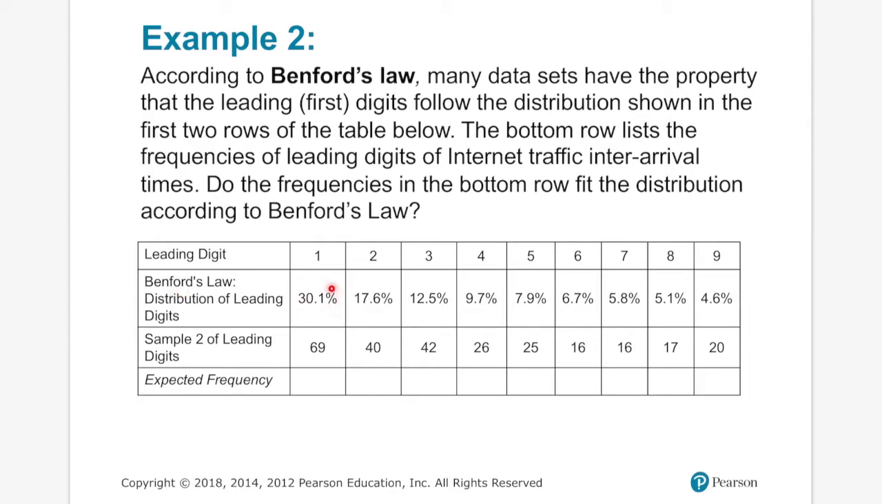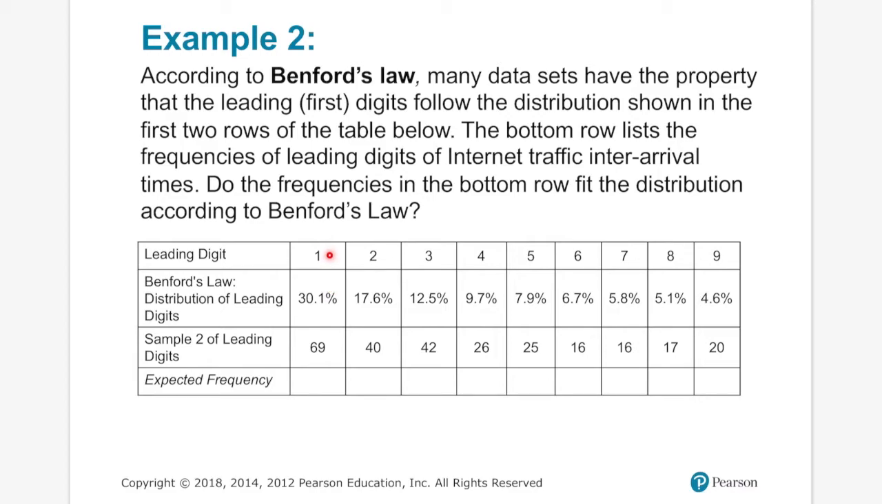Benford's law says that 30.1% of the population will have the first digit of 1. 17.6% of the whole population will have the first digit of 2. 9.7% of the whole population will have the first digit of 4, and so on. The third row is my sample. I have 69 numbers that have the first digit of 1. 40 numbers have the first digit of 2. 16 numbers have the first digit of 6. The question asks if this sample is from a population that fits Benford's law, which is